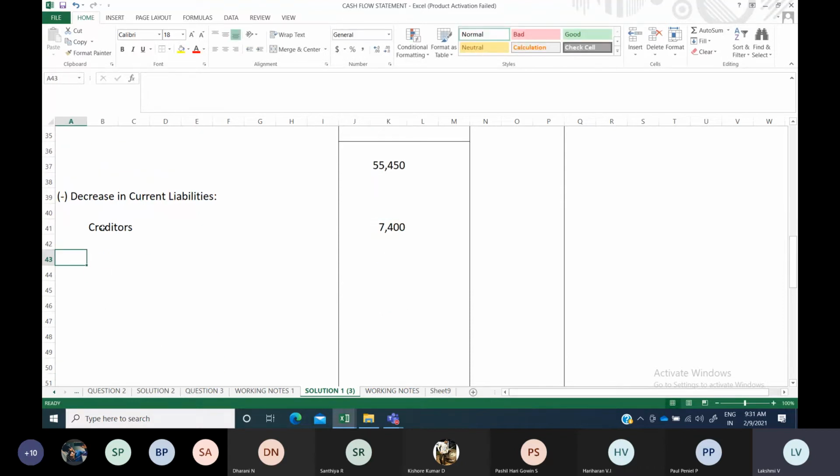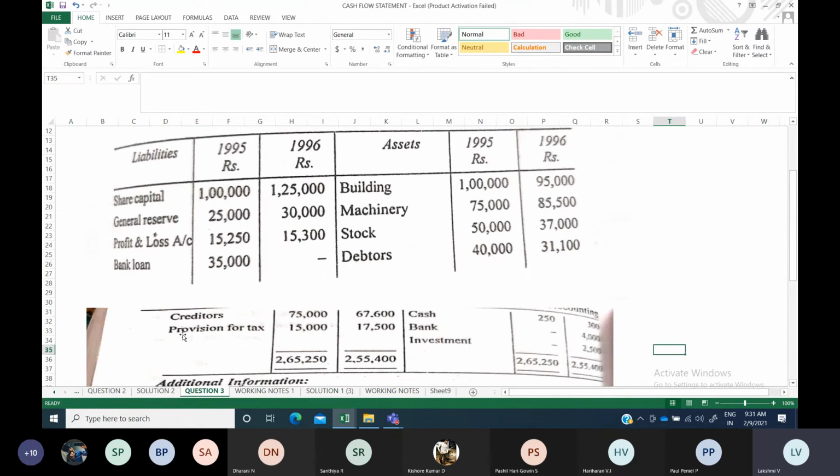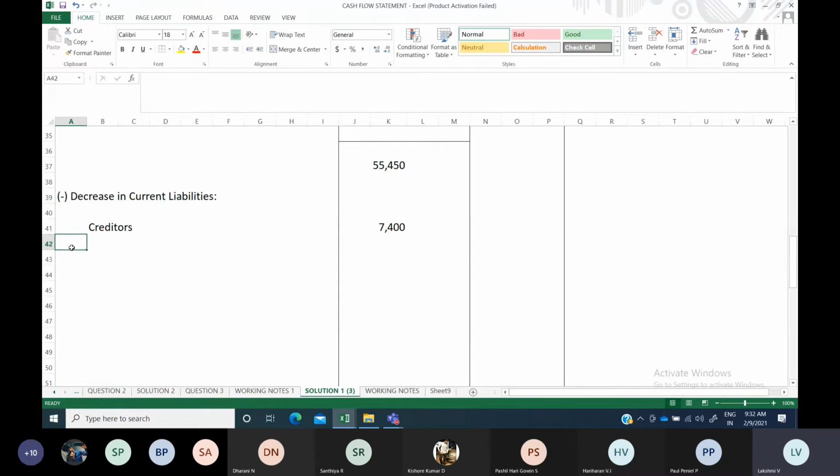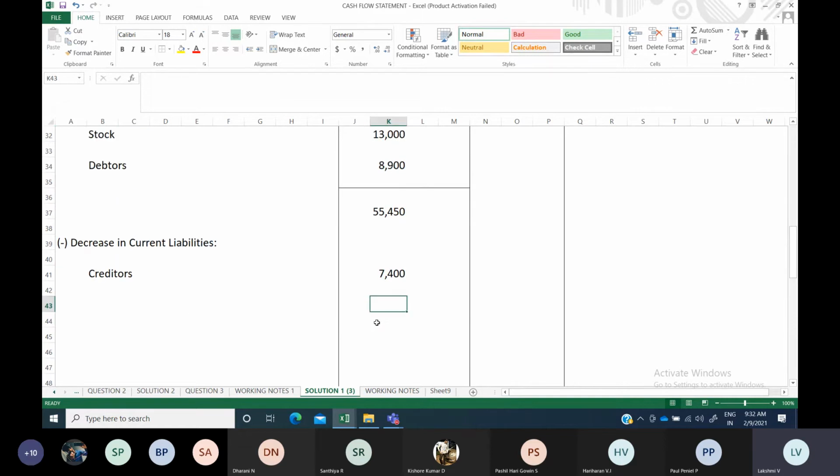Okay, and you have to subtract any increase in current asset. Just go through the question. Stock and debtors are the only current assets here. Cash and bank you should not take here, as I told already. So only stock and debtors, those two items have already been covered. So nothing is there with respect to increase in current asset. So you can even skip. You need not write minus the increase in current asset. There is no need to even show it as nil. So you can also skip it. Skip that information. Okay.